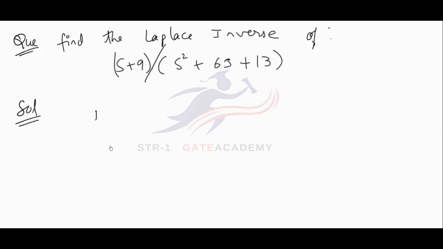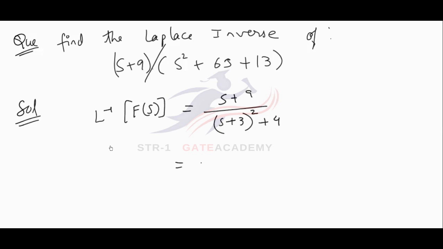So you want the inverse Laplace transform of F(s), which will be nothing but s plus 9 upon, the denominator can be written as s plus 3 the whole square plus 4, right? So can I say it is e raised to minus 3t I can take out, and this is Laplace inverse of s plus 6 upon,